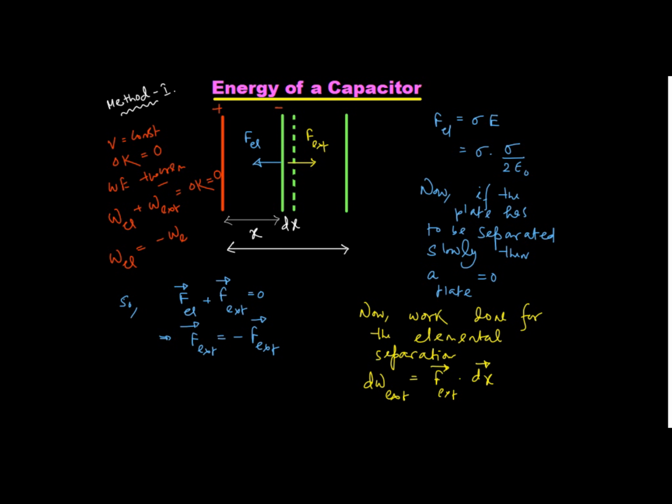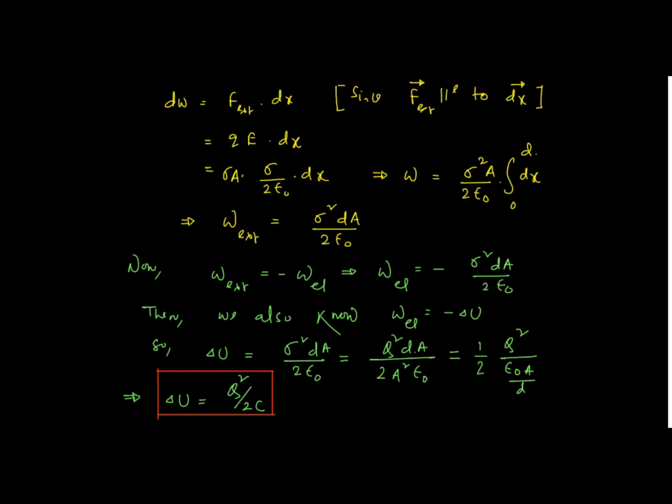Anyway, correct? Even from the direction of the forces also you can directly tell. So now I am calculating what is the work done by external agent. So that will be simply F external vector into dx vector. Dx vector is taken to be in the rightward direction, right? Okay. Now, so dW is equal to F external dot dx. Now since these two vectors are parallel, so it will be plus qE into dx.